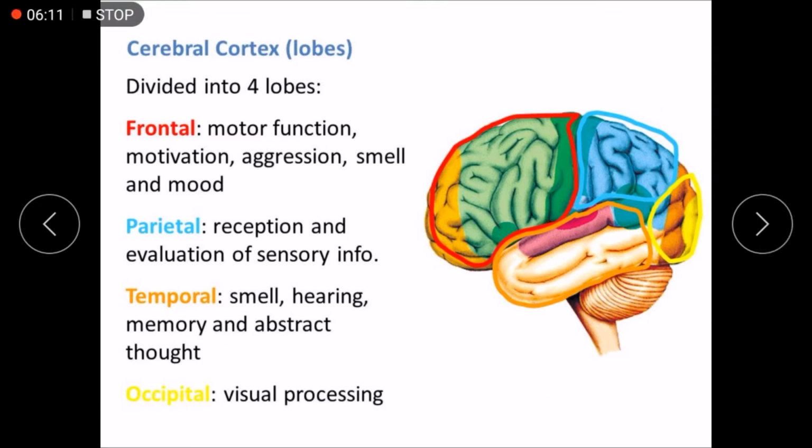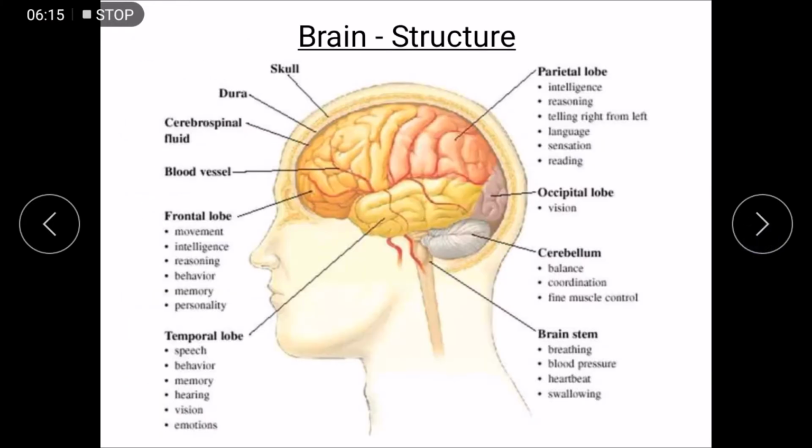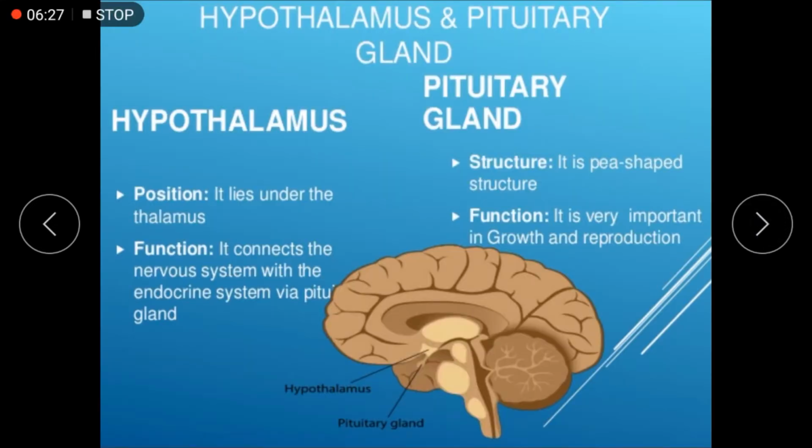Every lobe will have a different function. This is another thing about your brain, in more detail, more information. You can just go through it, no problem. Now what we need to know is, after the 3 major parts, the cerebrum, cerebellum, and medulla oblongata,